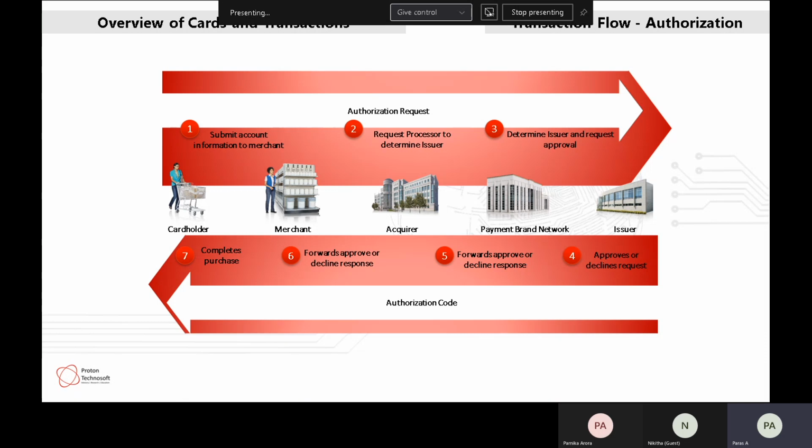ICICI will receive that transaction and will authenticate and authorize it. When I say authenticate, they verify whether the card number is correct or not, and whether the PIN that the user has entered, or the ATM PIN, is valid or not. So that's the authentication that happens for that particular transaction. Once the card is authenticated, then the authorization happens. Now, in this authorization, there are certain fraud controls as well, which take place.